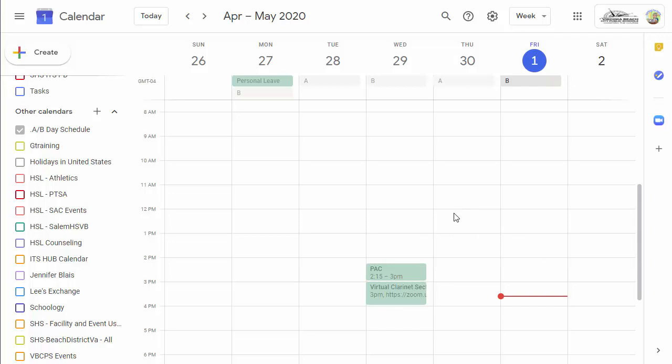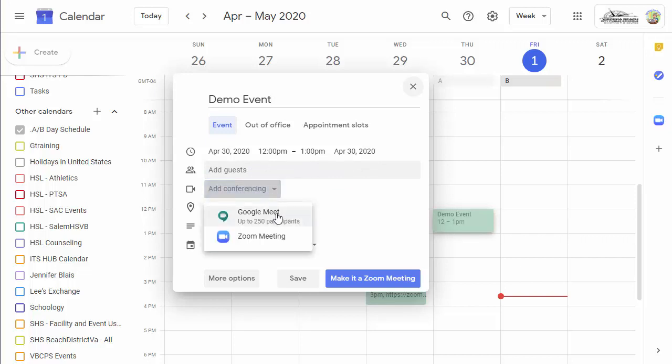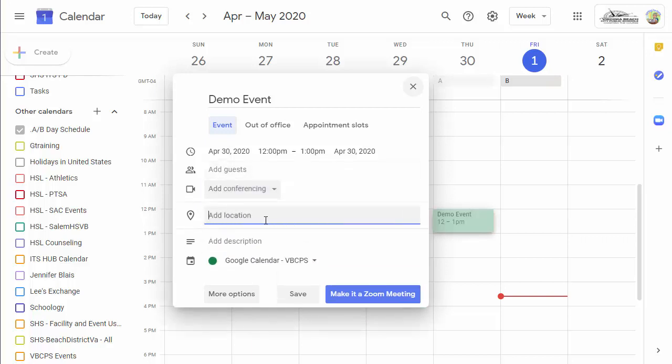If I want to make an appointment for 12 o'clock, I can put that in there. I can set the date and time here, but I'll show you how you can also do that. You can add people to your calendar. If you want to add conferencing, you can add a Google Meet. I've got the Zoom extension added, so I can also add Zoom. Location gives you an opportunity to put in a location if it's an off-site location, and I put in